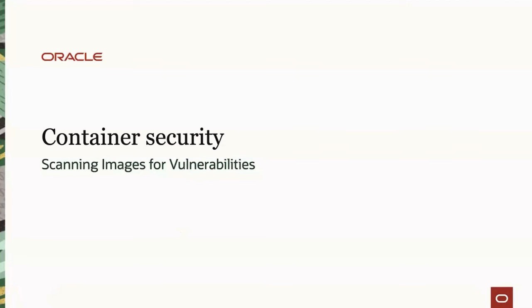Thanks, Vinay. We move on to the final topic of today's presentation, which is container security. So let's look into the container security now. Container security enables you to store, share, and manage container images, such as Docker images, in an Oracle managed registry. It is not uncommon for the Oracle operating system packages included in images to have vulnerabilities. Managing these vulnerabilities enables you to strengthen the security posture of a system and respond quickly when new vulnerabilities are